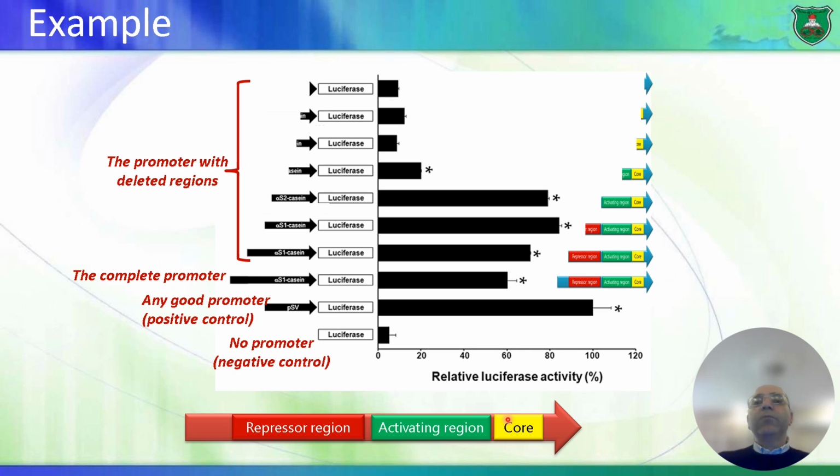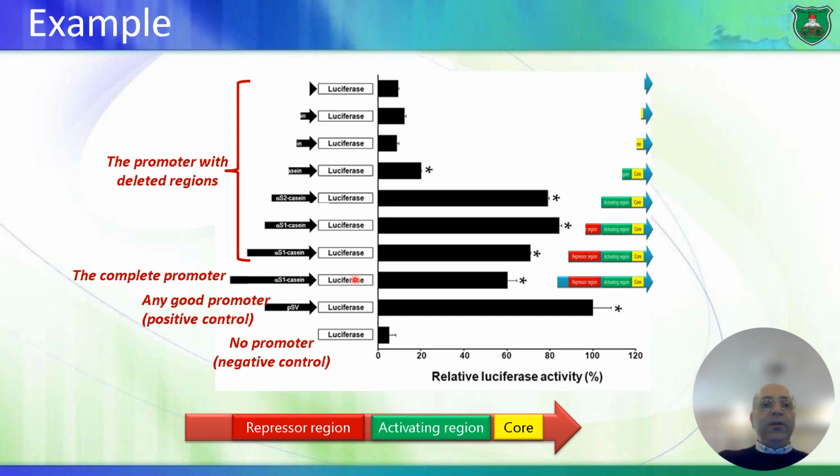I create a recombinant DNA here. And I take this recombinant DNA, this plasmid that contains the luciferase gene that is under control of the promoter that I want to study, and I insert or transfect it into certain cells, nerve cells, skin cells, stomach cells, whatever, and I study how the luciferase gene is controlled by these sequences. And what I do is the following. So I take the luciferase gene,